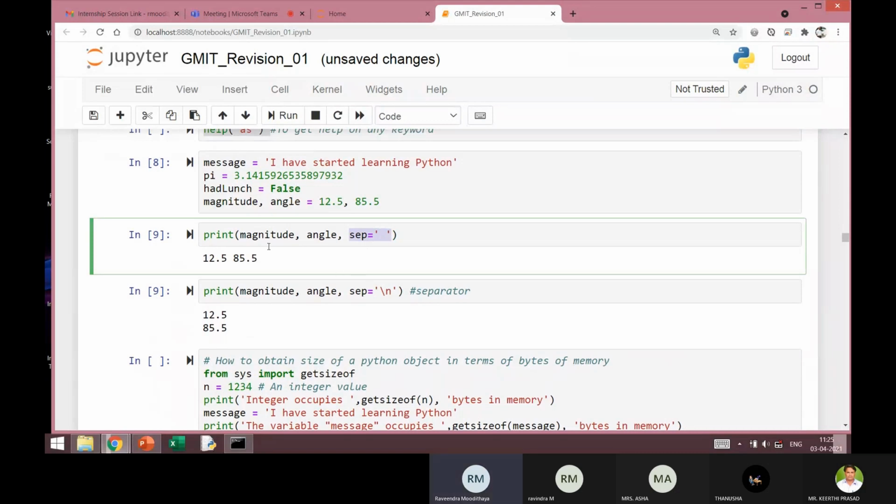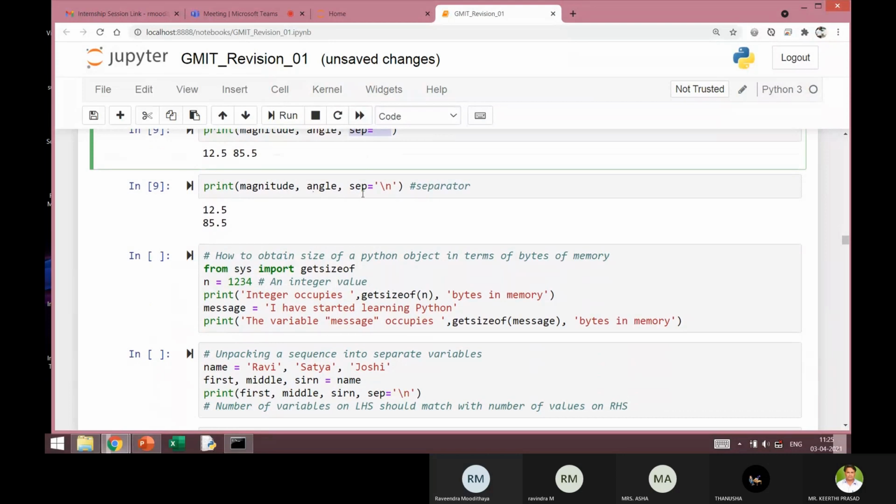Now I'll rework this print statement with the separator character specified as a new line character. That means magnitude should print in one line and the angle should print in the next line. SEP is the name of the parameter, and I am specifying it as \n, which is a new line character separator.